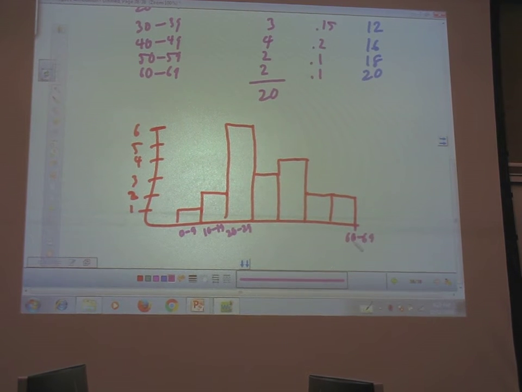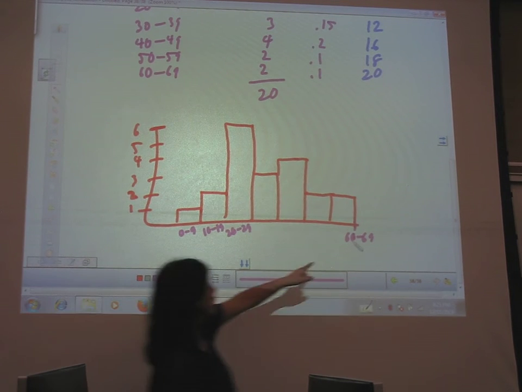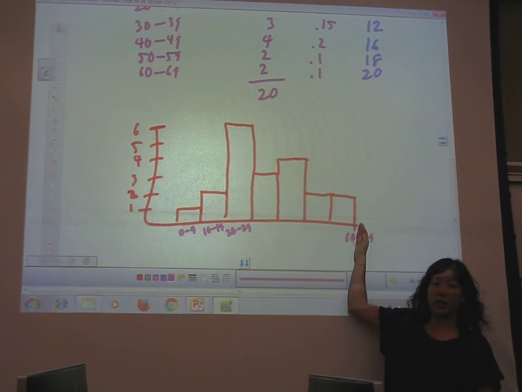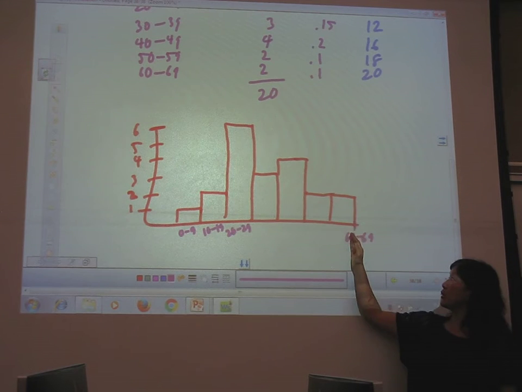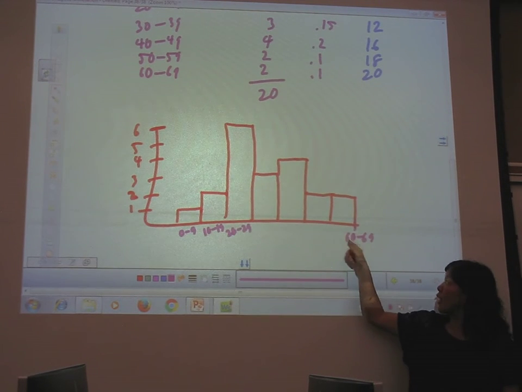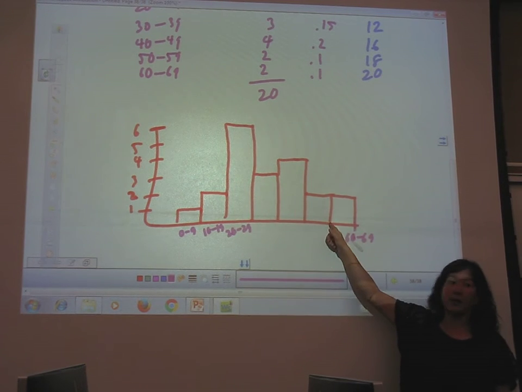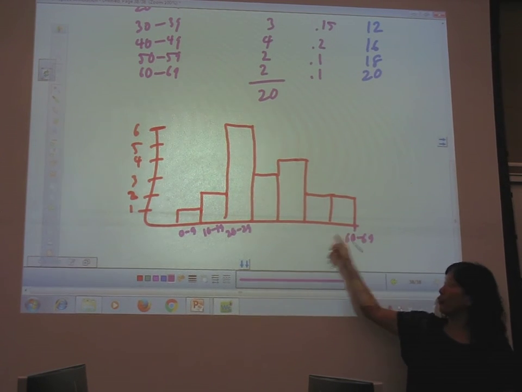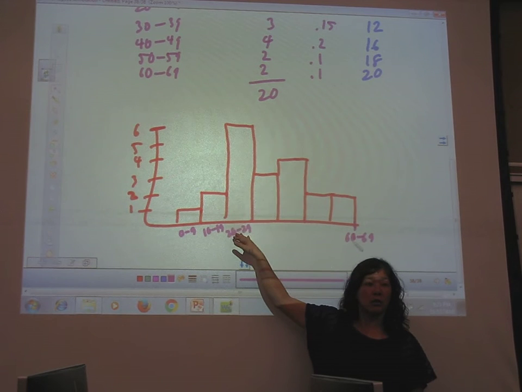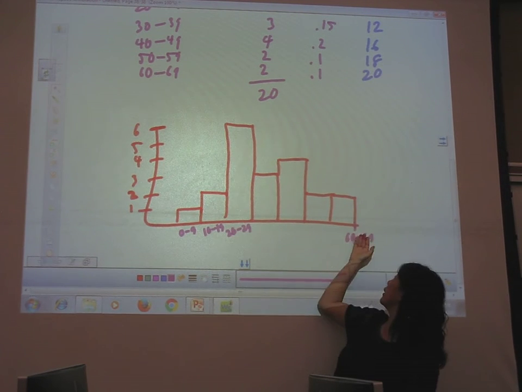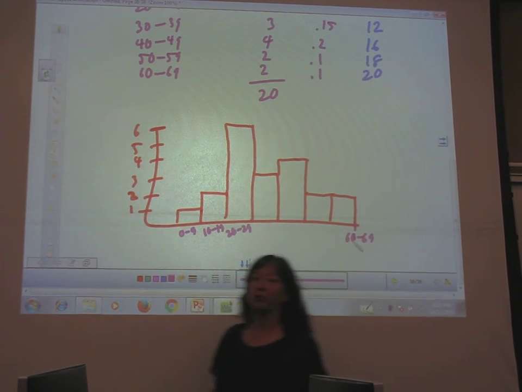Do you guys see where this guy is right underneath here? That's not right. It should be underneath here. This is 60 to 69, not that and not that. It needs to be right there. Don't stick it way off to the side underneath that spot, because that will totally lose you